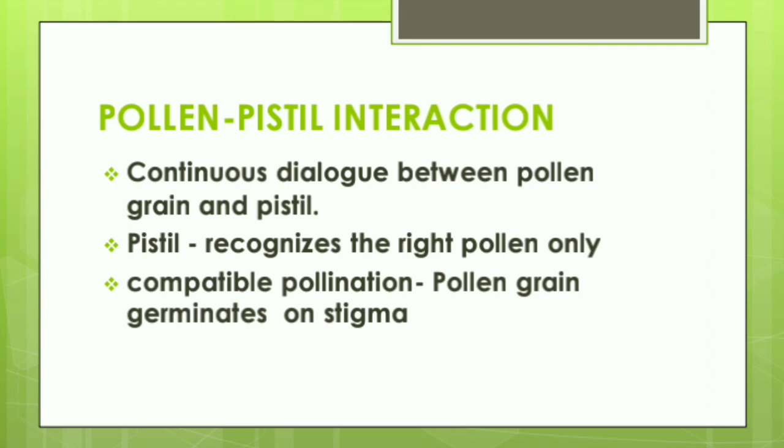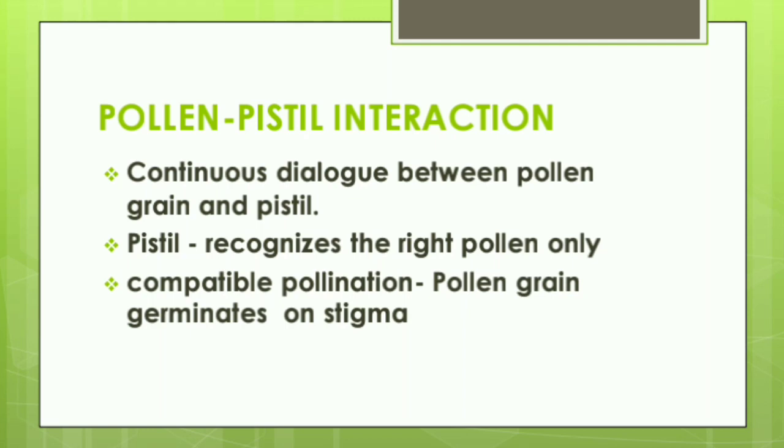The pollen tube, after reaching the ovary, enters the ovule through the micropyle end and then enters one of the synergids through the filiform apparatus. Many recent studies have shown that the filiform apparatus present at the micropylar end of the synergid guides the entry of the pollen tube. I discussed it in my last lecture also.